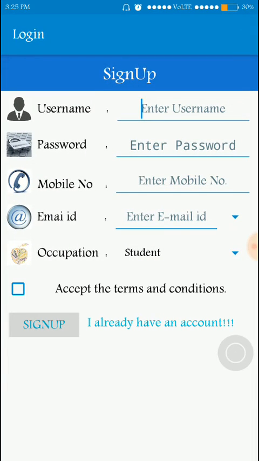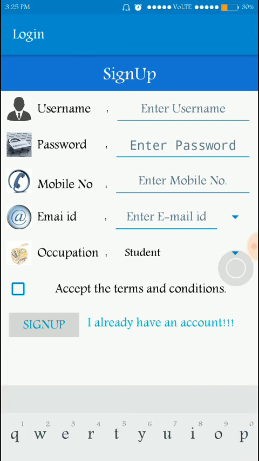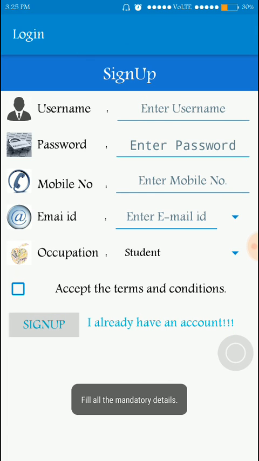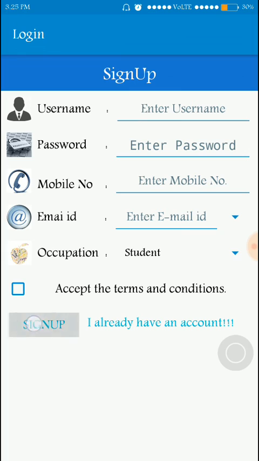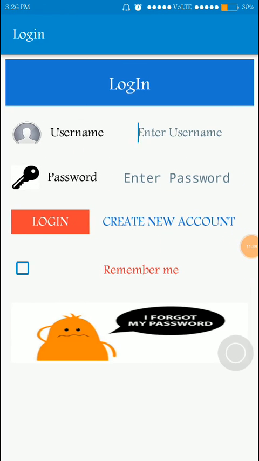For example, if I do not fill any of the fields, and if I press the sign up button, it has to show the option to fill all the mandatory fields. And I already have an account.